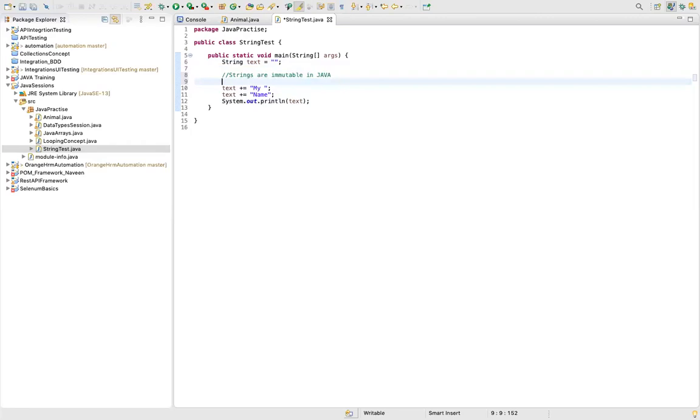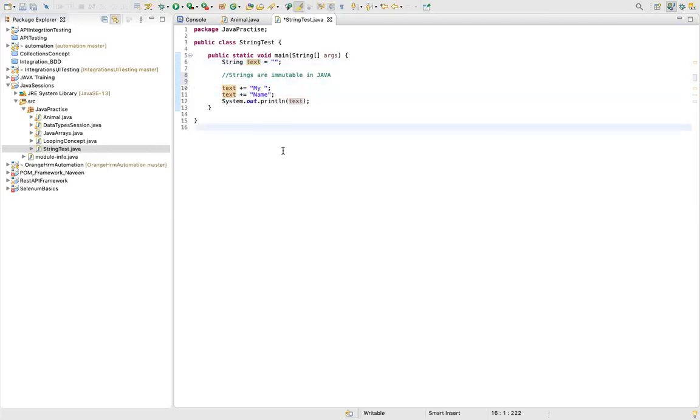If you see this statement, we seem to be modifying it, but what's actually happening is that when you say text plus equals my, we are creating a new string, my, and assigning that value to this text. Similarly, when I say name, we are again creating a new string, and then assigning the combination of these two values to this string.